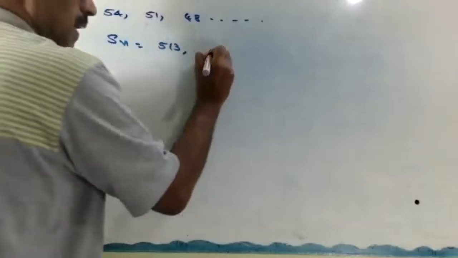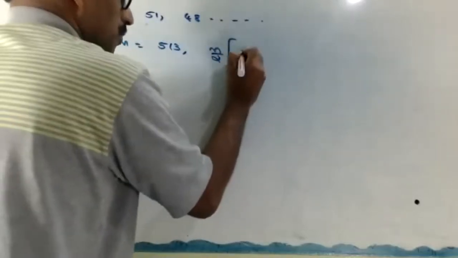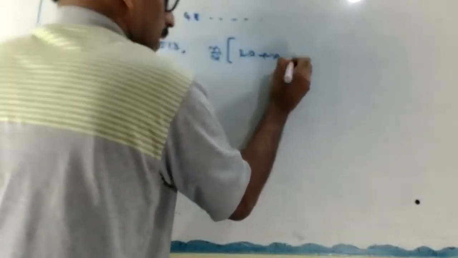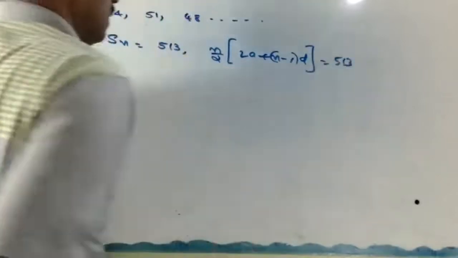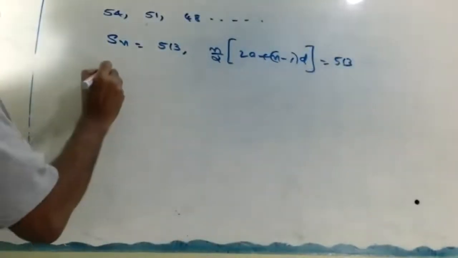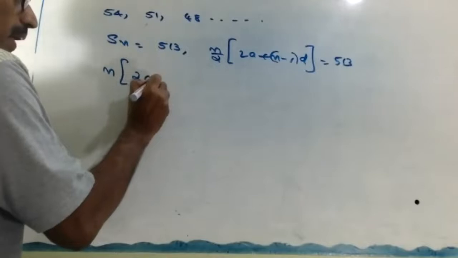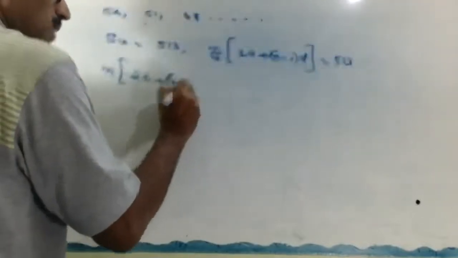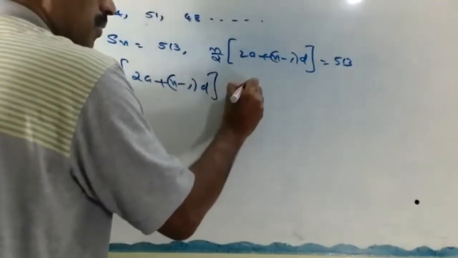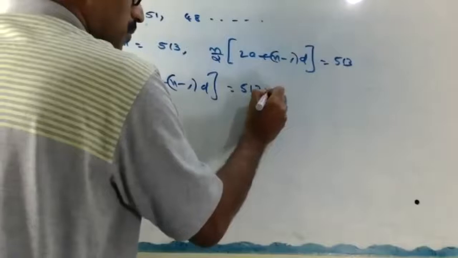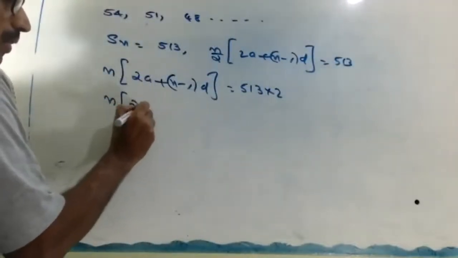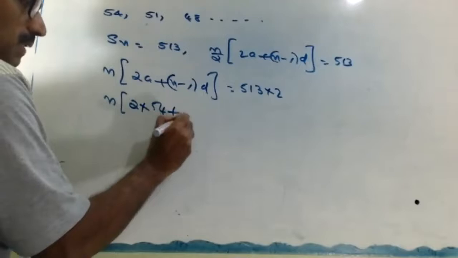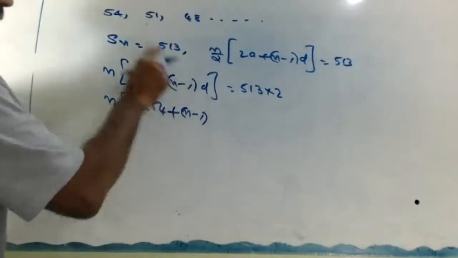That is n by 2 into 2a plus (n minus 1) into d equal to 513. Then n into (2a plus (n minus 1) into d) equal to 513 into 2. Applying now: n into (2 into 54 plus (n minus 1) into d, where d is negative 3)